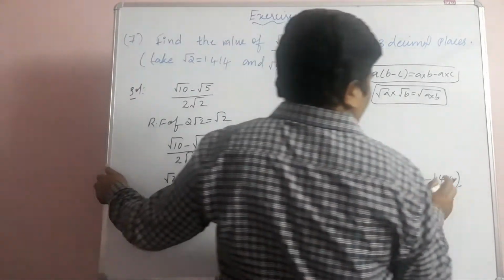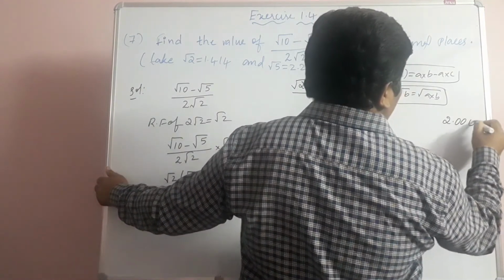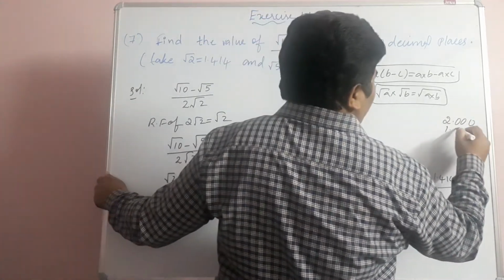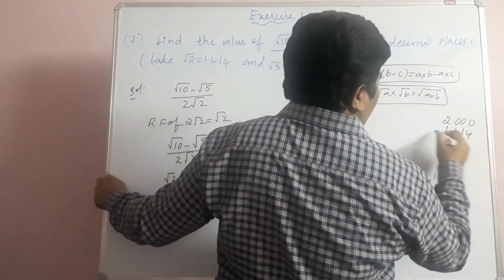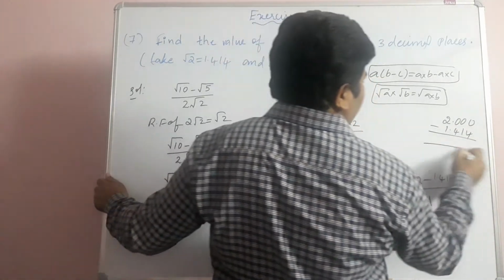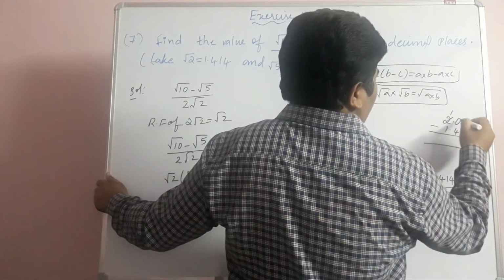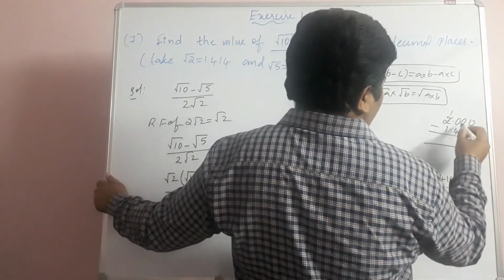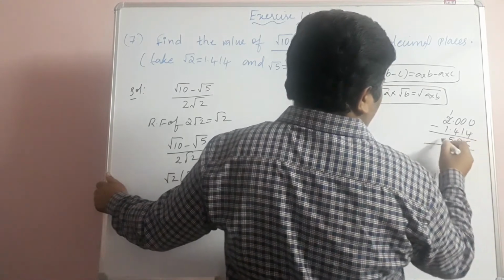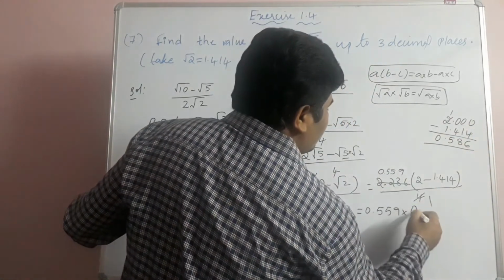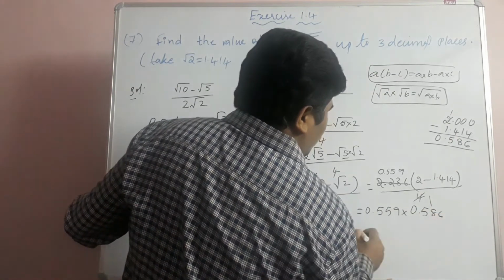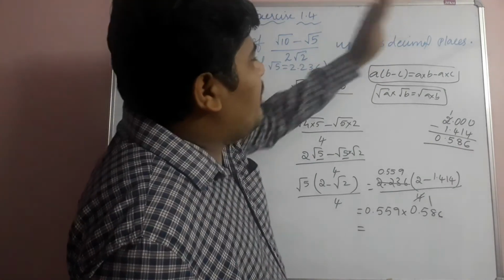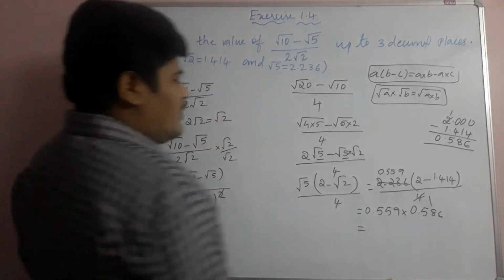1.414) is there. So we need to subtract 1.414 from 2.000. Students, here we have to write 2 decimal point 000 and we are subtracting 1.414. So what will be our result? So here you borrow: 10 minus 4 is 6, 9 minus 1 is 8, 5. So here you will get 1 minus 1 is 0, 0.586. Okay. So we need to multiply these two numbers. Students, they are asking up to 3 decimal places. So what will be our answer?